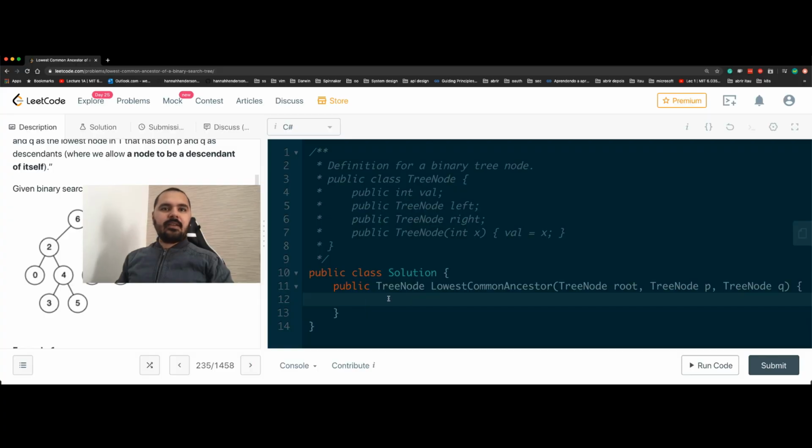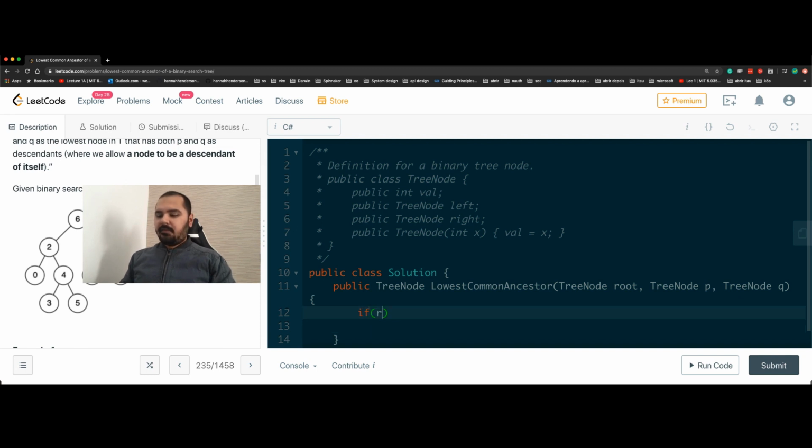So we are going to navigate through these nodes using recursion, and we don't need to create another function. We will use the lowestCommonAncestor function to do that. So as I said before, we just need to check if the nodes that we are looking for are greater or less than the current node, and we can do that by simply